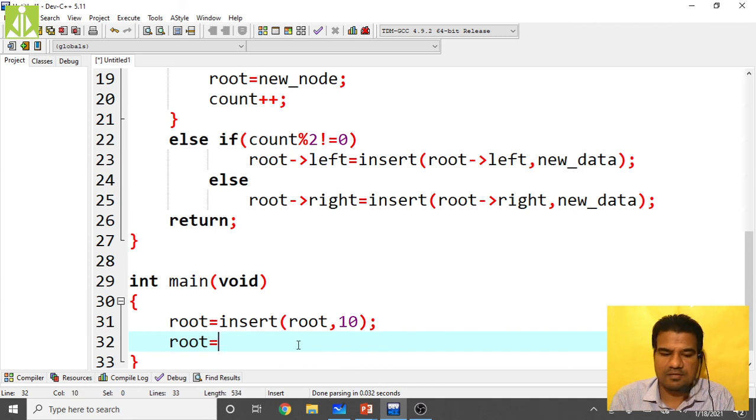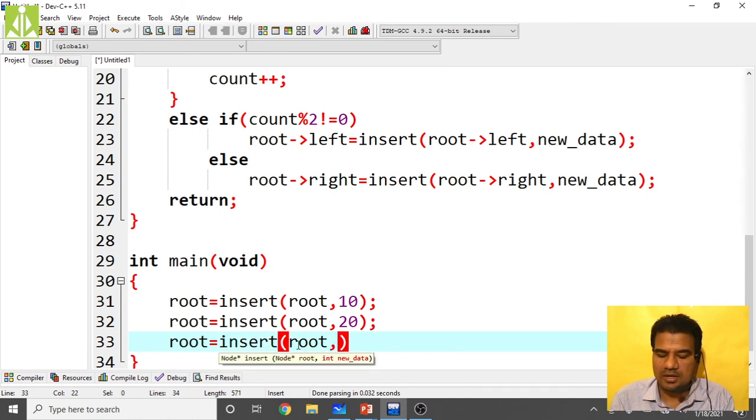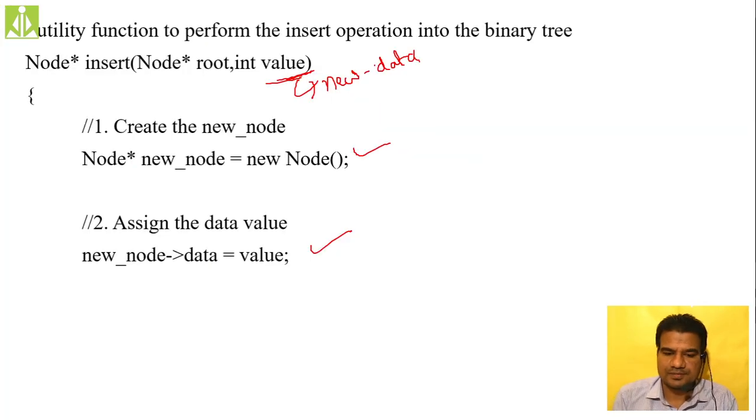Then pass another one, insert of root comma 20. Another one, root equals to insert of root comma 30. So whatever insertion we have done so far, we have inserted 10 as the first root node.